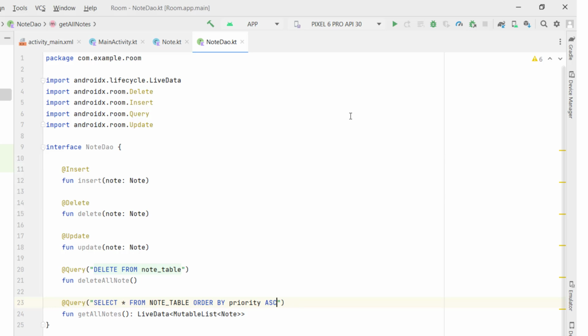Now, as you can see here, we are returning LiveData of MutableList of Node, and Room can return LiveData out of the box, as I said in the first video. The difference is that you can observe this object. We can observe this object here. So as soon as there are changes in our node table,